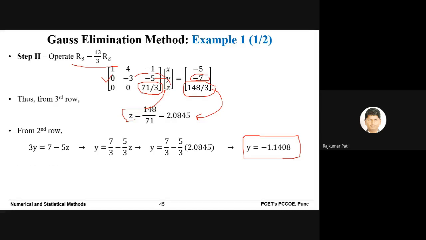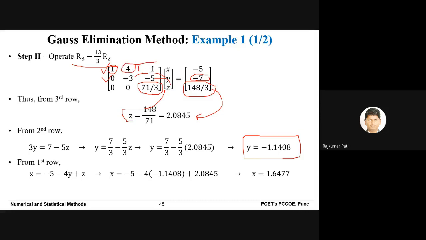Again, next what you can do, from row 1, you can write an equation, that is x plus 4y minus z equal to 5. And again put y and z in that equation, simplify, you will get x is equal to 1.6477. So this is how you can solve the same problem by using matrix